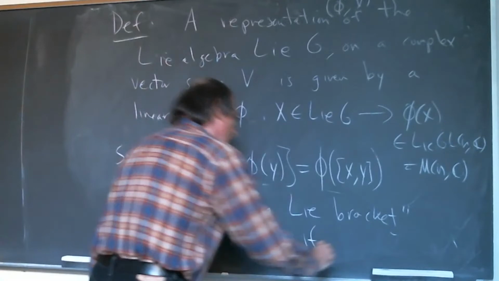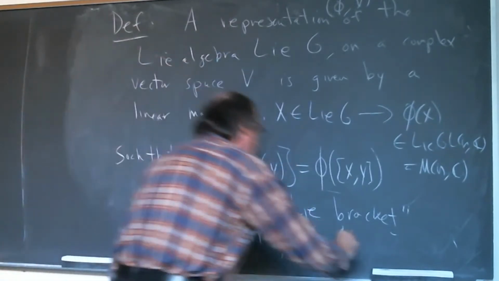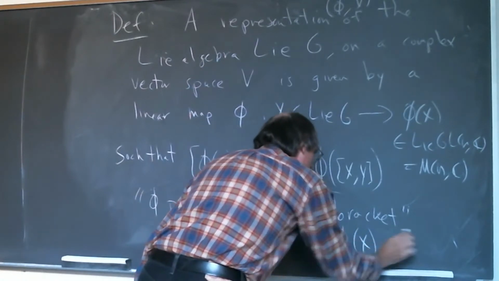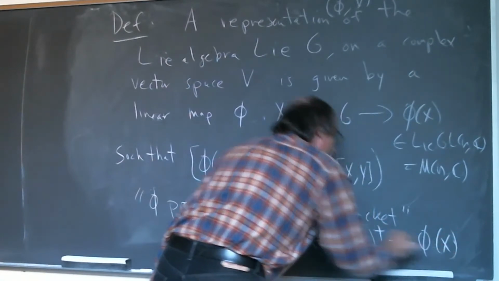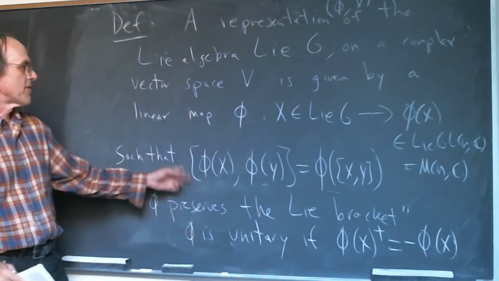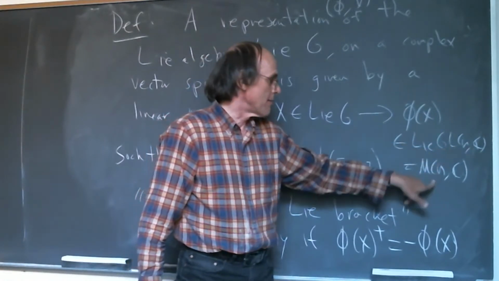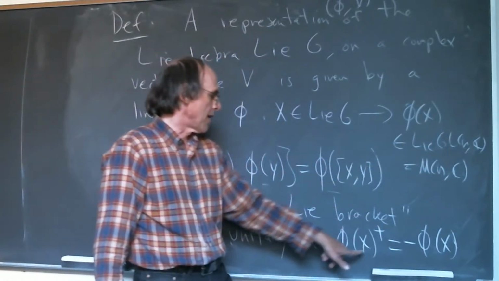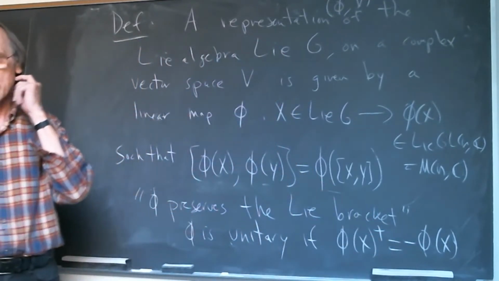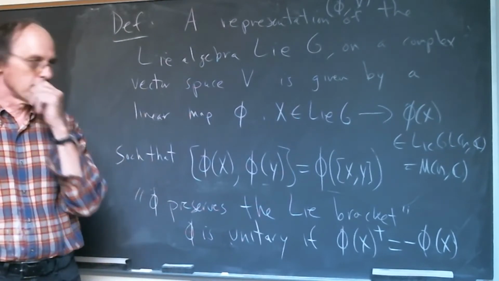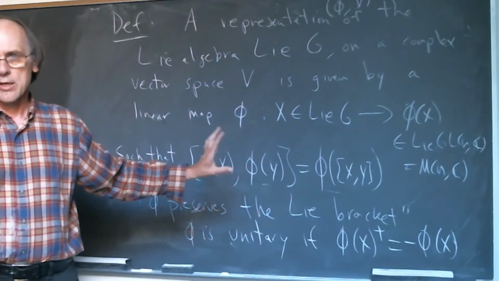if phi of x dagger is minus phi of x. Okay. So if this takes you not just to GLn(C) but to the unitary matrices, then the phi of x's are going to be skew adjoint, and then you know that you have a unitary representation. So I'll start here maybe at the next time,